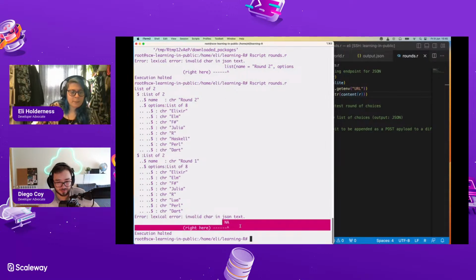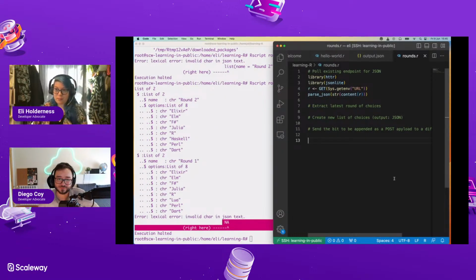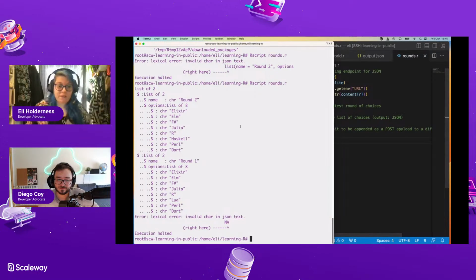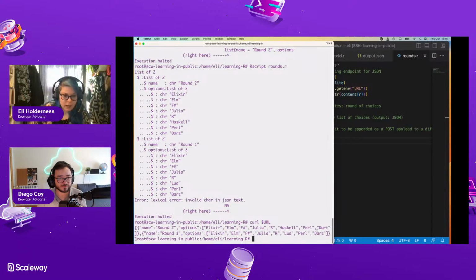Right here, NA. I think there's something to do with the way that it's been closed that it doesn't like. Maybe what's being returned from the endpoint. Because if I do Perl just URL, there wasn't a closing comma right at the end, after this curly brace. And I wonder if it wants that. It shouldn't, but I know that it is.